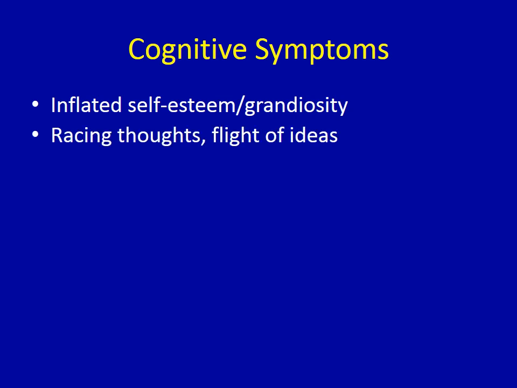Another very characteristic cognitive symptom is what's described as either racing thoughts or a flight of ideas. So with the behavioral symptoms, we had a behavioral manifestation of this with that pressured speech or that increased talkativeness. This cognitive symptom is a subjective experience that a person's thoughts are going very rapidly or going from topic to topic very quickly in a way that's difficult to follow. So a person might describe this subjectively. They might say, I can't follow my own train of thought. I'm having all of these thoughts go through my head. They might have ideas that jump from topic to topic very quickly that are difficult to follow.